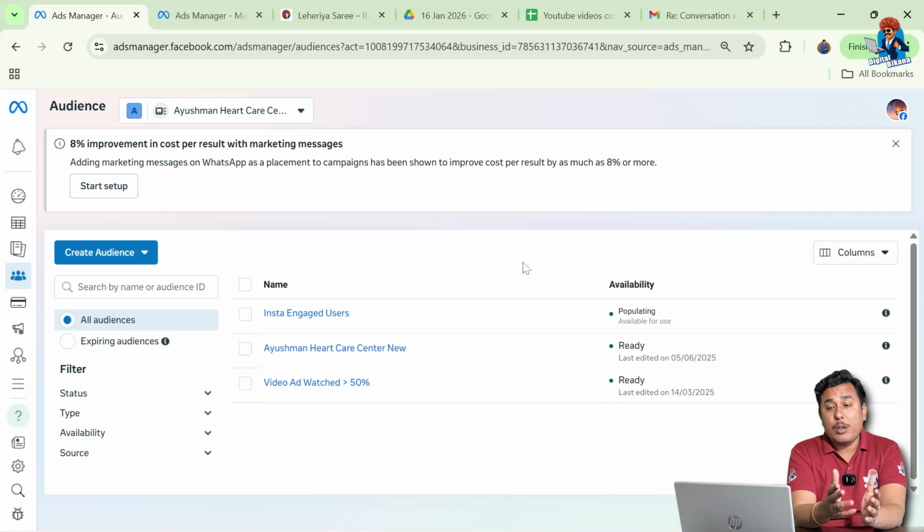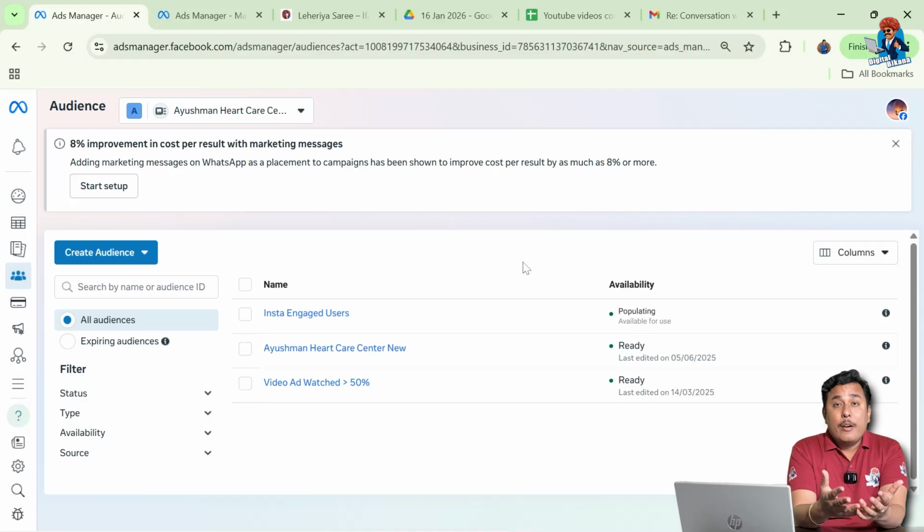Whereas if I talk about the static custom audience, then if you upload an email list in a custom audience, or you upload a phone number list in a custom audience, that is a static custom audience, right? It means that custom audience would never get automatically updated, right, unless you manually update that custom audience. If you don't add more phone numbers or emails in that custom audience, it is not going to